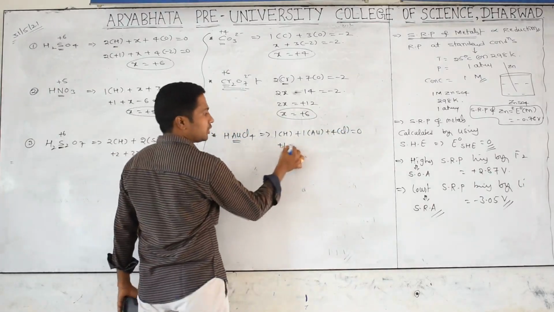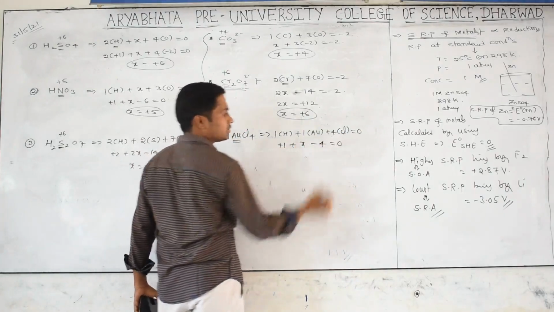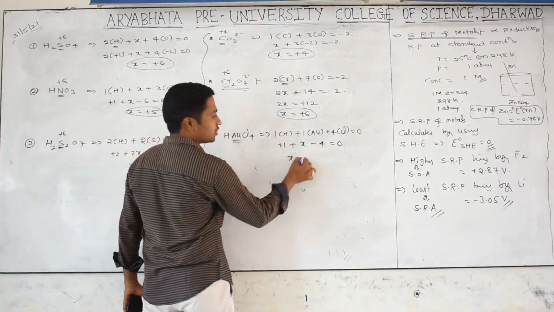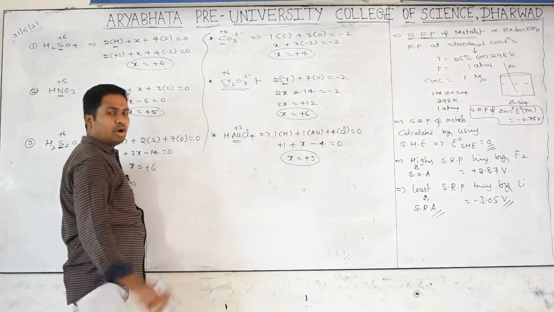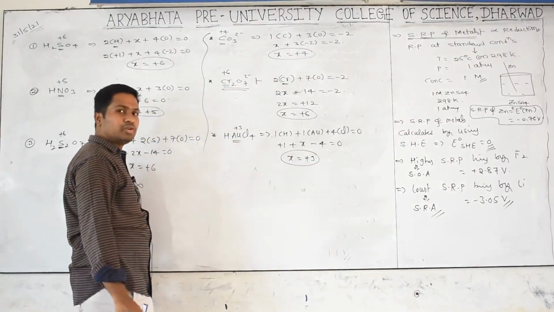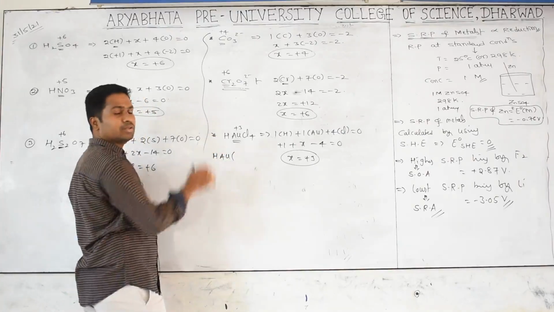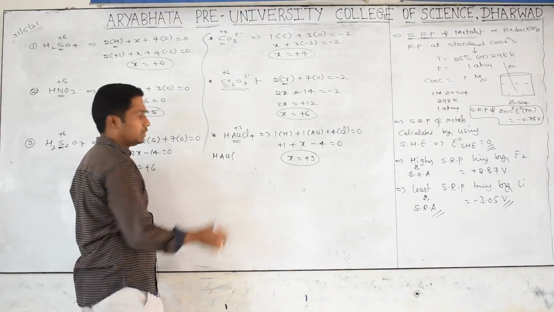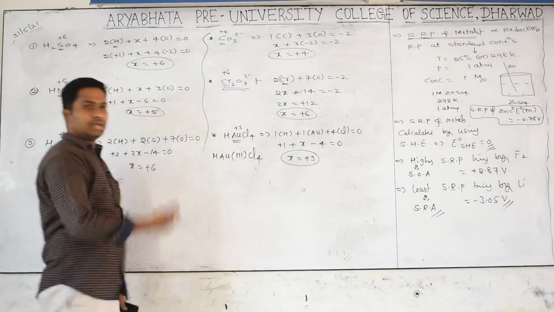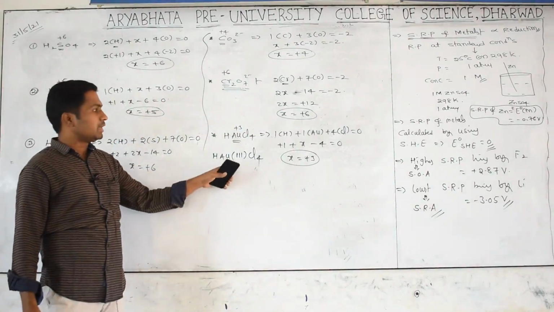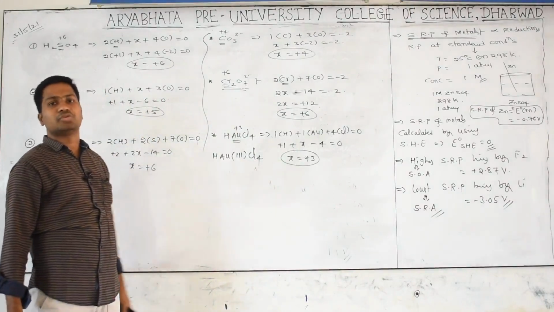Each hydrogen is +1, gold is x, plus 4 into -1, that is -4, equals 0. Then you get x equals +3. Gold oxidation number is +3. How do you show that oxidation number in stock notation? Beside the metal atom, write down that oxidation number with a Roman numeral. Oxidation number +3 means Roman numeral III, then Cl4. If beside any metal there is a Roman numeral, we can tell that it is its oxidation number.